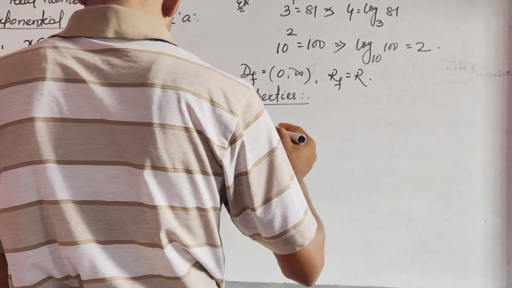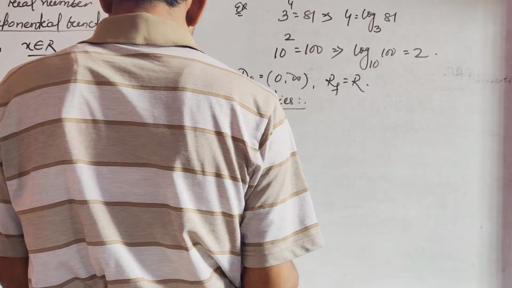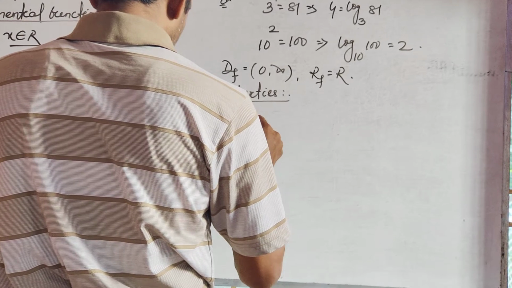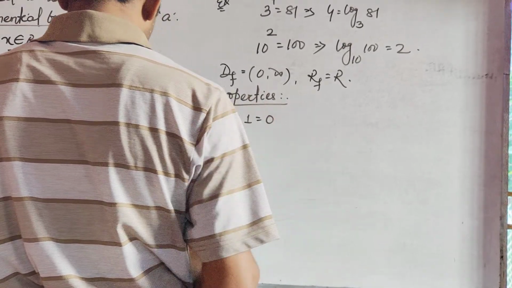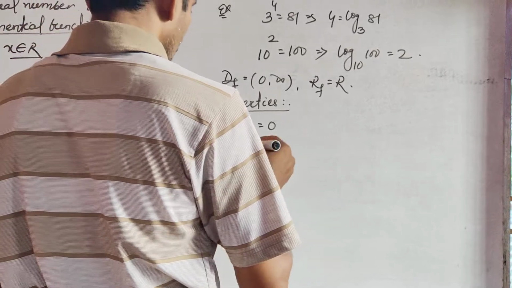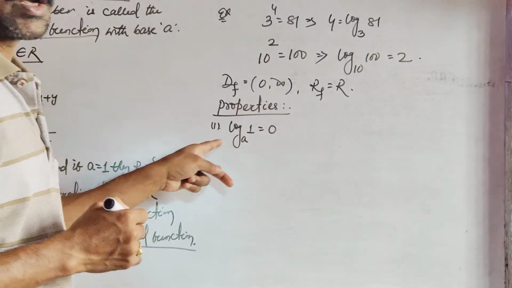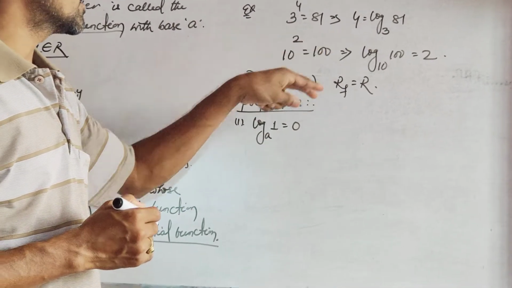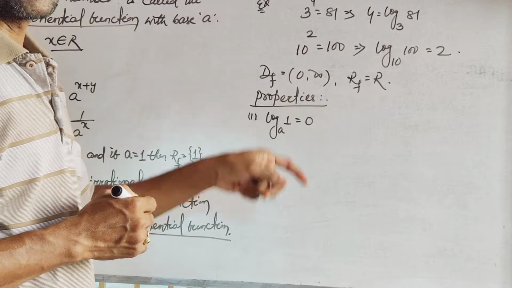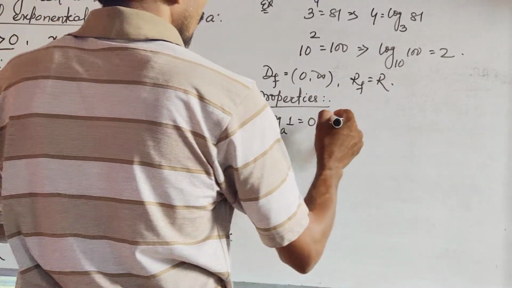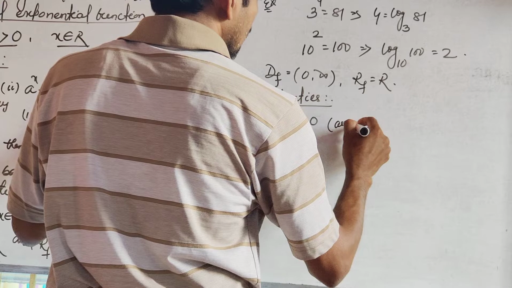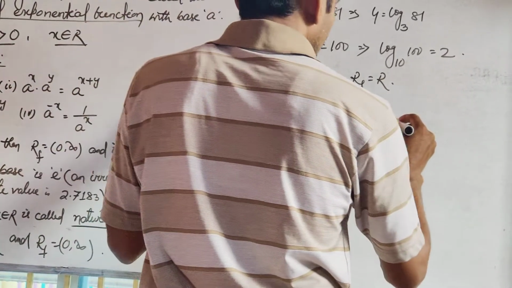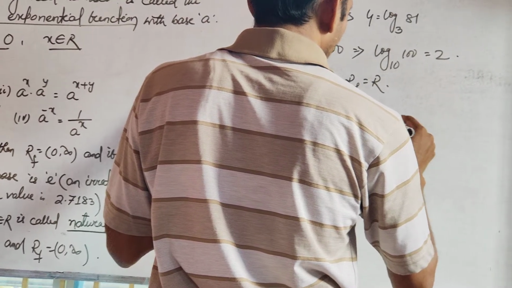The first property is log a 1 is equal to 0. Why? Because if you write it in exponential form, a to the power 0 is 1. The reason is that a to the power 0 is 1. This is the first property. The second property is